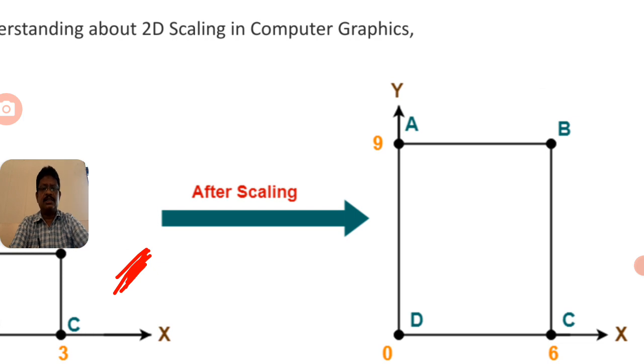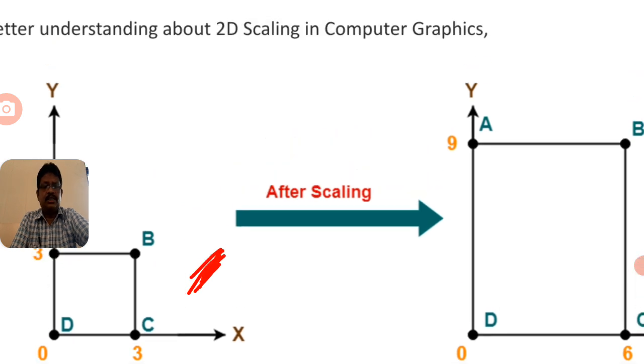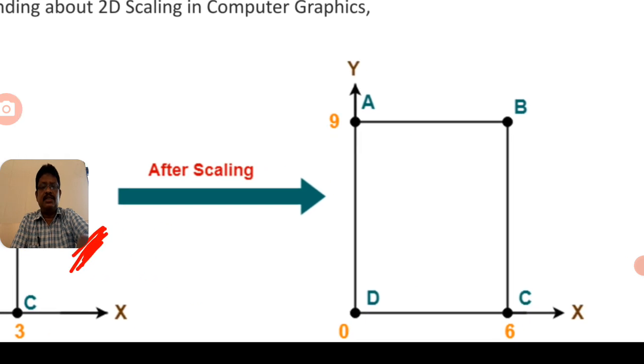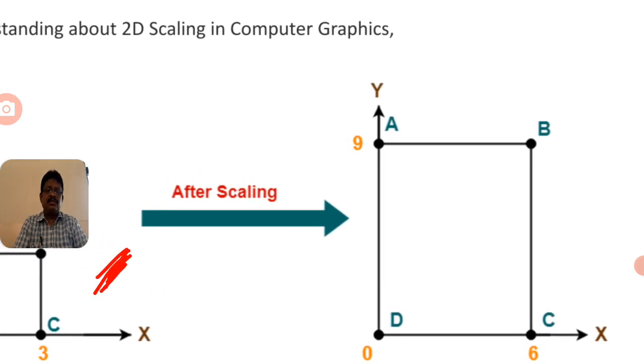Already we discussed in the initial part of this concept: if the scaling parameter is greater than 1, the object is increased. If the scaling parameter is less than 1, the object may be decreased. Here the object we consider is the square object. The square object is initially of size 1, so it may be increased, in the sense that the scaling factor Sx is greater than 1 and the scaling factor Sy is also greater than 1. That's why the object can be increased after scaling.